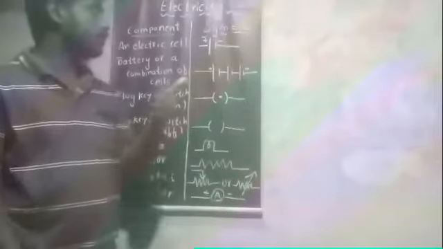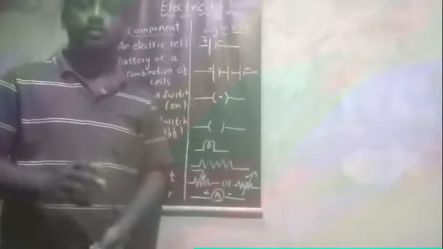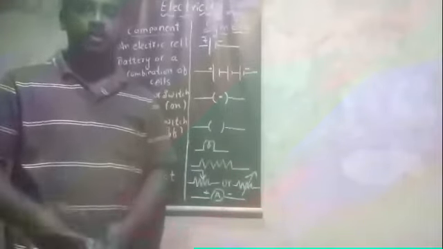Hello students, so let us discuss now circuit diagrams. As I told, we can't draw the exact pictures of the components which we are using in the electric circuit. So for that we will use convenient symbols. First we will show a cell, an electric cell, how it will be represented. Remember, while representing the electric cell, one line will be longer and the second line will be smaller.